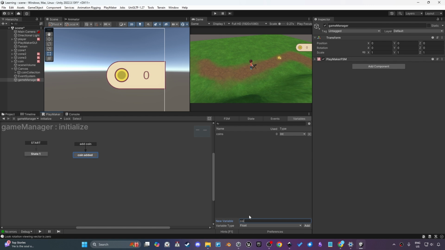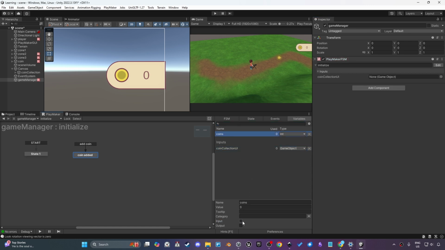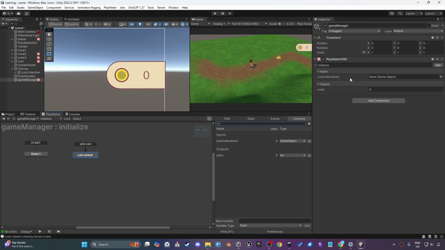So I'm gonna call this coin collection UI and change the type to a game object, and change the take the input so that we can access it from over here, and this will be an output because we need to see how many coins are being collected easily. So if I select the coin collection and drag it into the coin collection UI, now we can access that